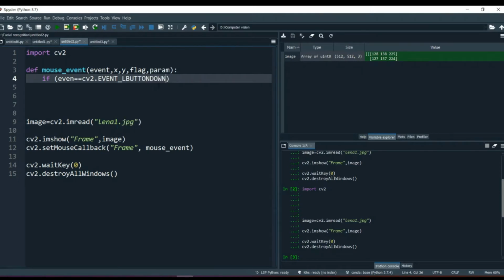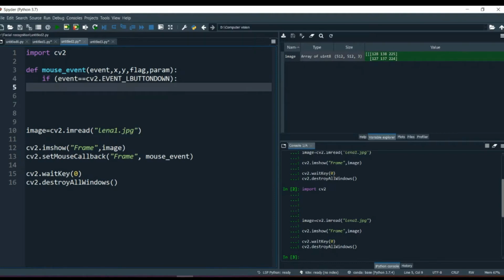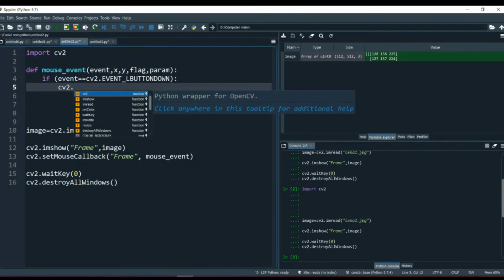So we're gonna use left button down. If event, now let me write the event. If event is equal to cv2 dot event left button down. So what I'm gonna do over here, in my last video, if you're there, we have used put text, putting text inside of an image, or we created and drew the lines and all. So we are going to use one of those methods over there, cv2 dot put text,